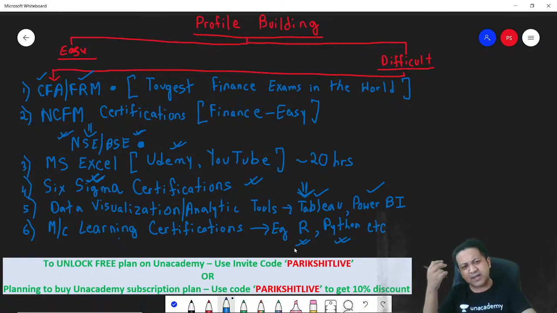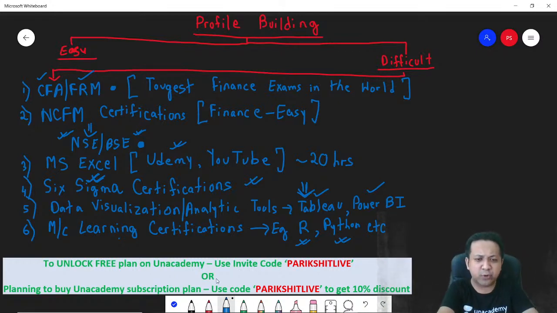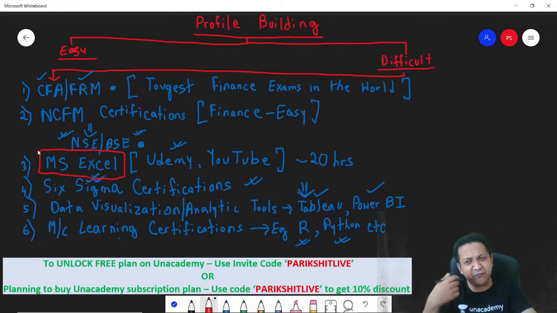Yeah, these are the certifications which will come in handy. Even if you want to do marketing, for marketing people, especially for sales people, these certifications, MS Excel, the most important. For finance guys, most important. Excel sheet is something that is going to come in handy for everyone. And when I say Excel sheet, I just don't mean Excel sheet. I also mean including